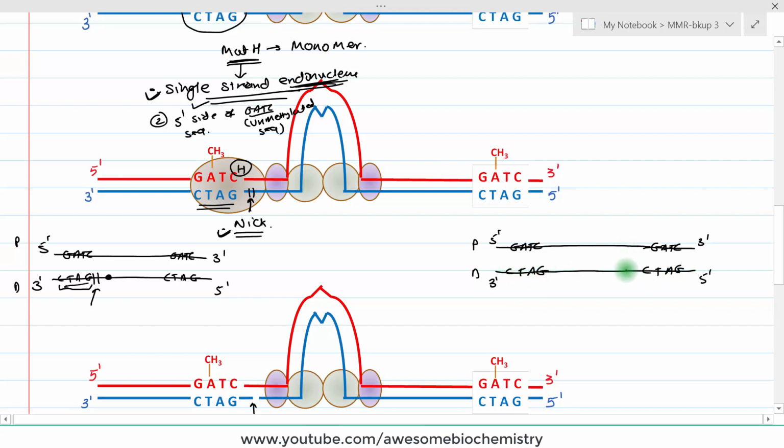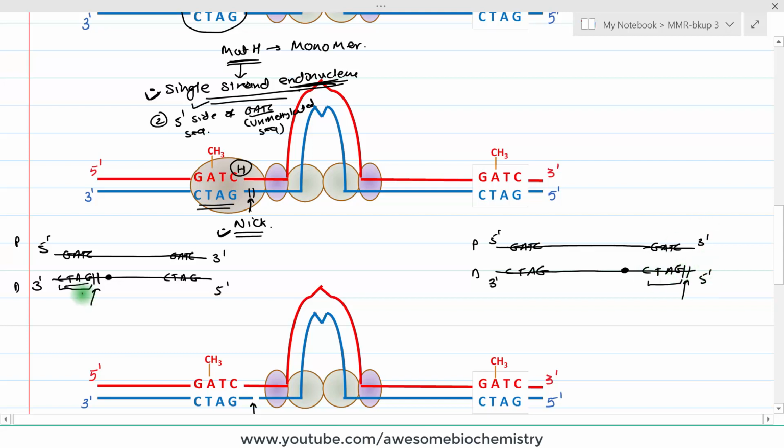And suppose DNA damage is over here, then this will be the first GATC sequence which will be encountered. So the MutH will bind on this side, right? And the rule is MutH will put up a cut where? At the 5' end of GATC. So cut will be over here, right? Cut will be over here at this place.